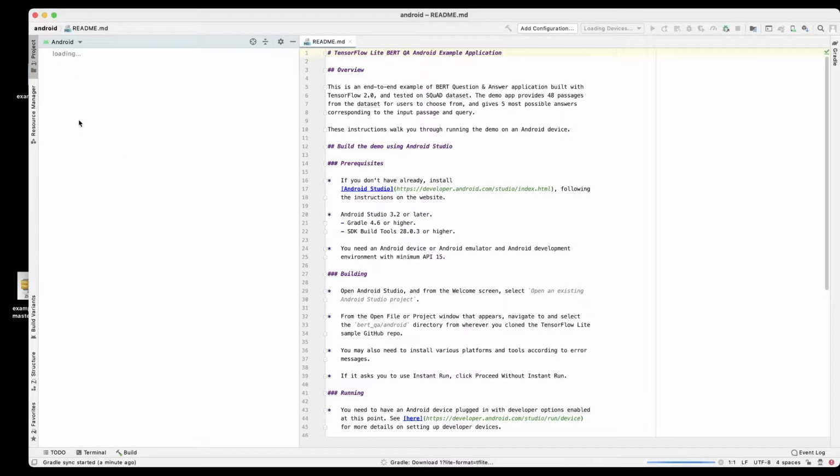Sometimes it takes a while for all the files to load, and it's downloading the TensorFlow Lite files, as we can see here. And after everything is done, we should see a message on the bottom left corner where it says right now Gradle sync started. Okay, so it's about to be done,